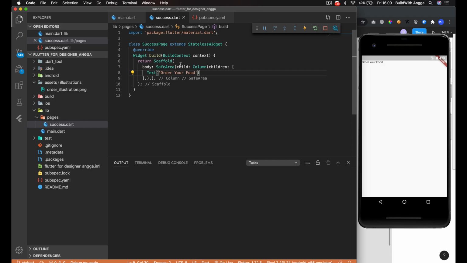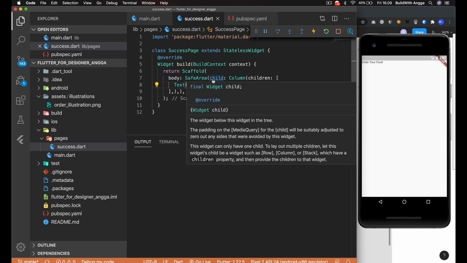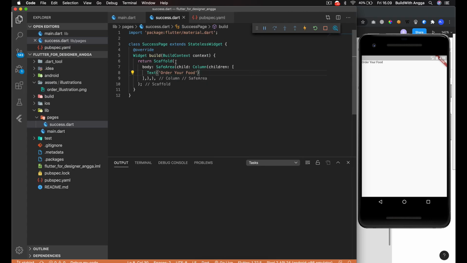The reason why I'm using this SafeArea is because if we don't use it, it will destroy your status bar. Okay, so let's give it a try to load this image.